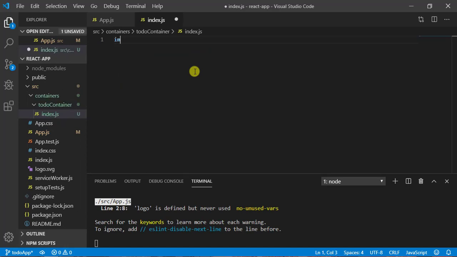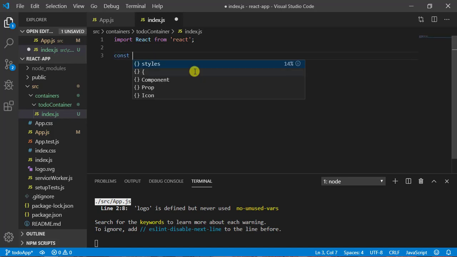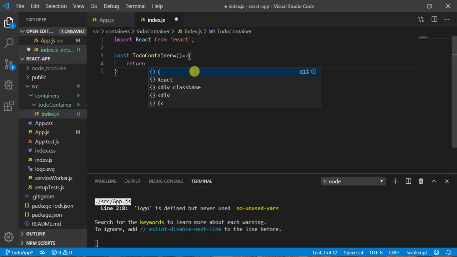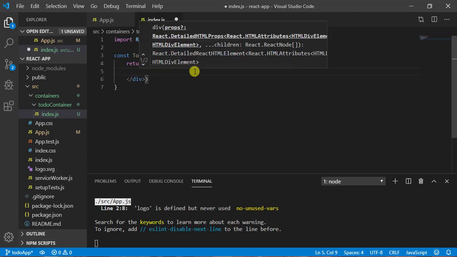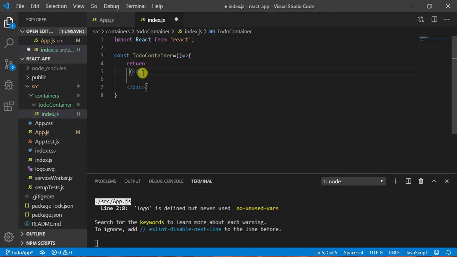Let's import React from React, and next create a functional component, todo container, and return one div. Let's call it todo container. Now save it, and here I need to export this, so export default todo container.